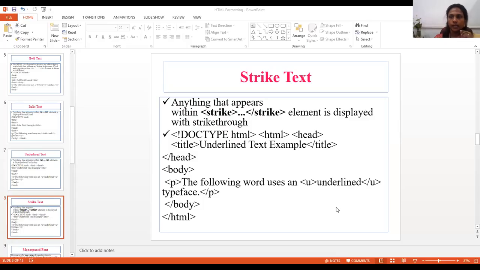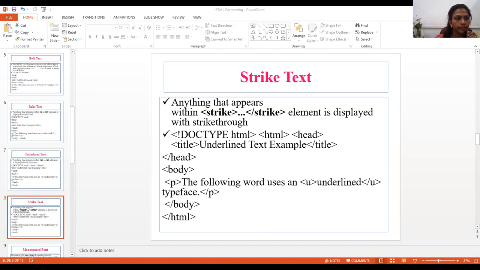We will see the next tag, which is the strike tag. Any text you want to strike, I will have to enclose in the strike tag. So here I am giving Krisujanti College in the strike tag.